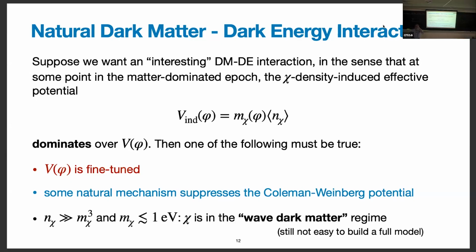I saw a hand go up back here. Sorry, do you want that domination to only happen in the dark matter dominated era? Yeah, so I want it to happen at some point in the matter dominated era. And in the dark energy dominated era, it isn't necessarily true today, right? So there could be a transition between this dominating around the time of matter-radiation equality, and today when it turns off and we're just in the bare V of phi. As the dark matter redshifts, there's some non-trivial evolution of this thing, and it becomes less and less important over time. Thank you.